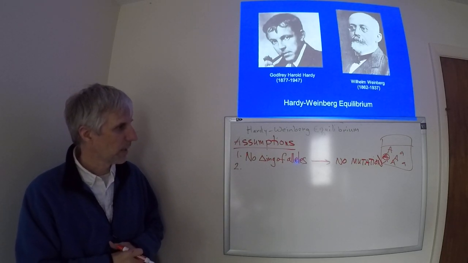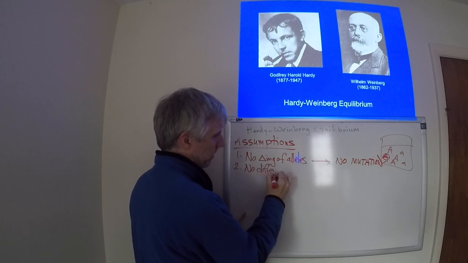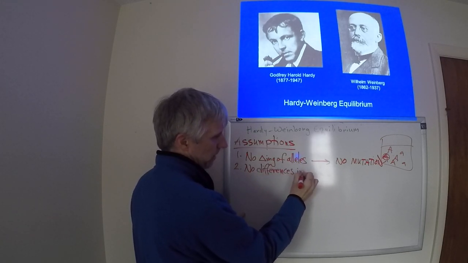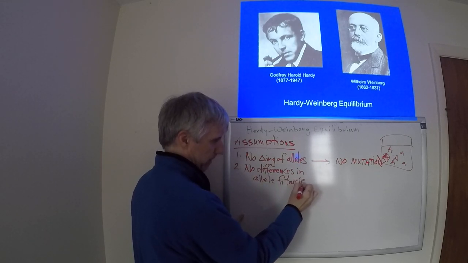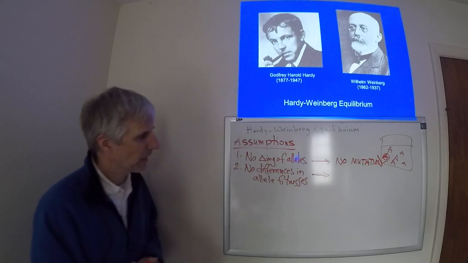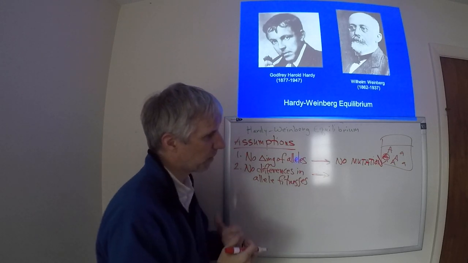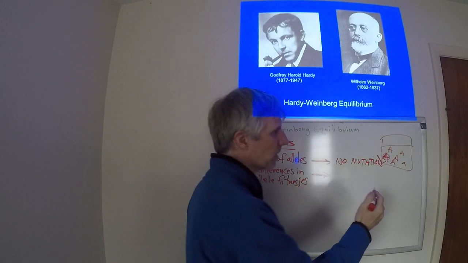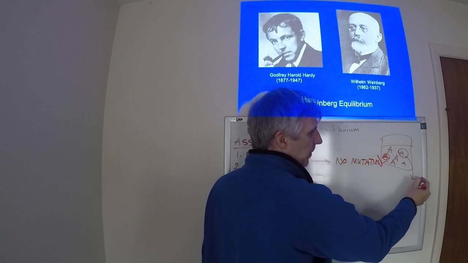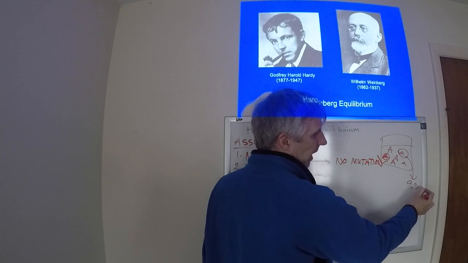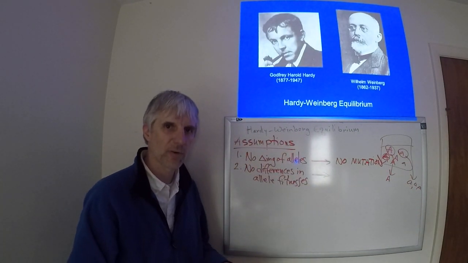All right, number 2. There can't be any differences in allele fitnesses. Okay? If there were differences in allele fitnesses, that would mean if I pulled out a big A, this big A could copy itself 3 times, and the big A allele can only copy itself once. There are differences in the ability